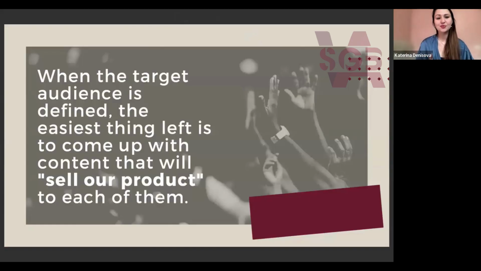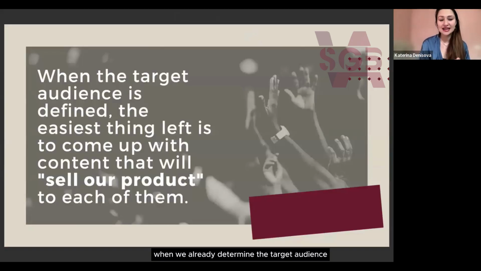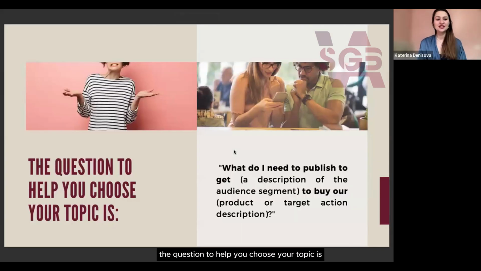First of all, when we have already determined the target audience, the easiest thing left is to come up with content that will sell our product to this target audience. The question to help you choose your topic is, what do I need to publish to get, and here we describe our target audience, to buy our product or take the target action?